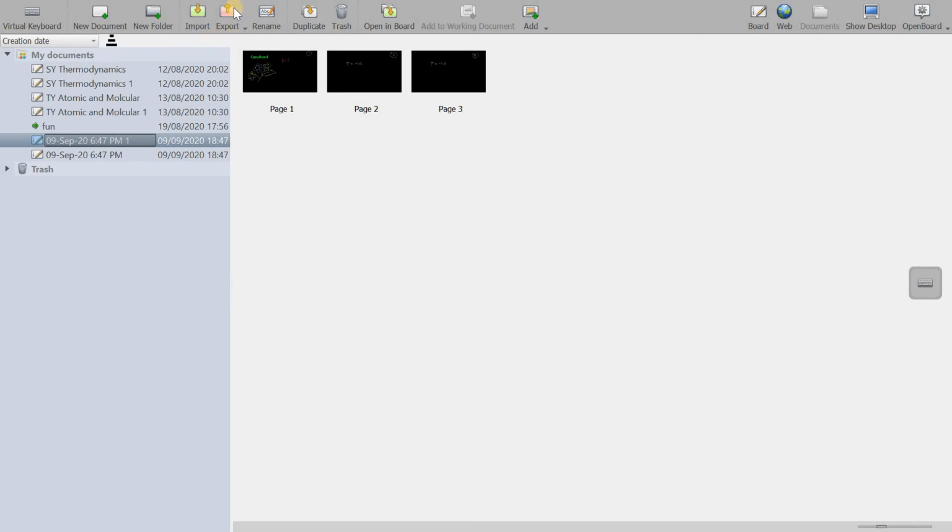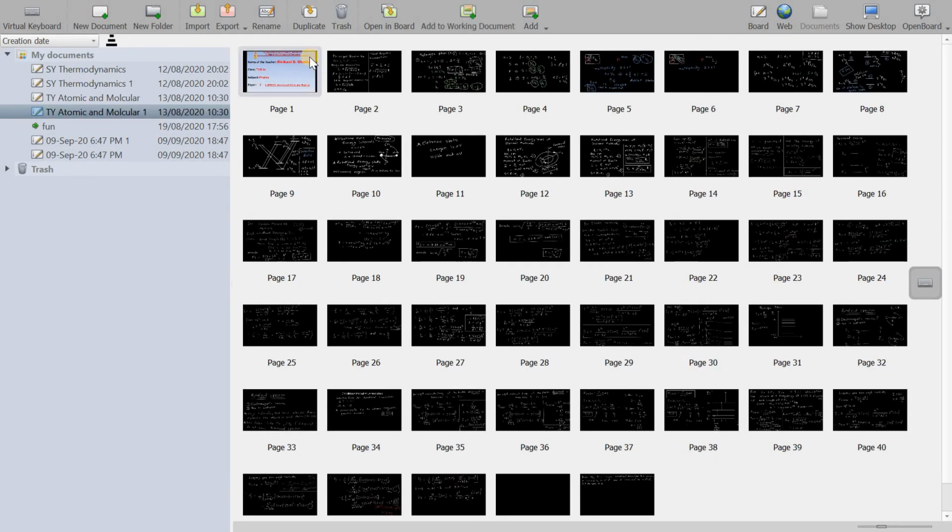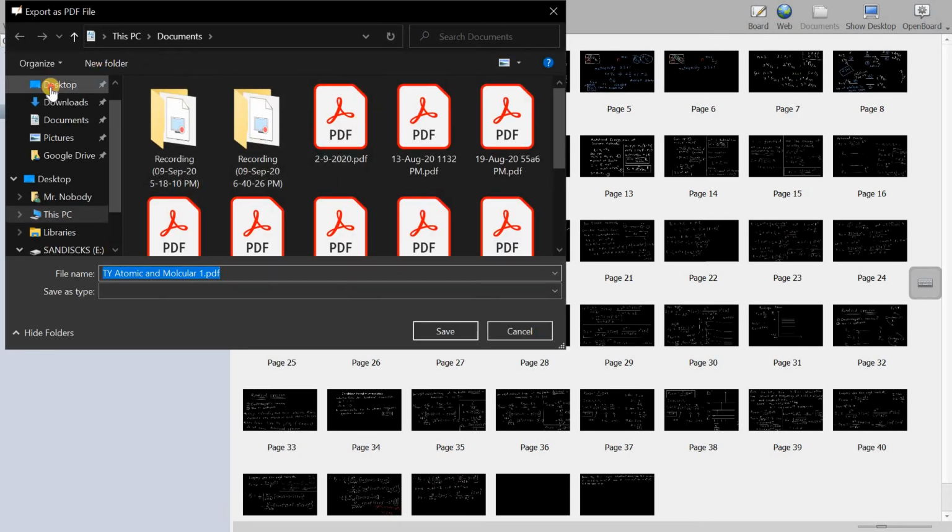Then the best option here is the export option. Suppose I have this class, so I will export this in PDF format. OpenBoard format means it will save in OpenBoard format, so you require OpenBoard to open it. So I will export in PDF.